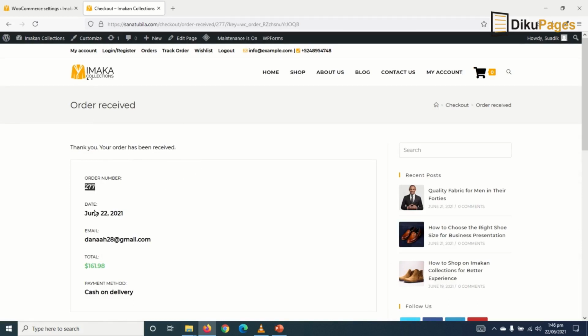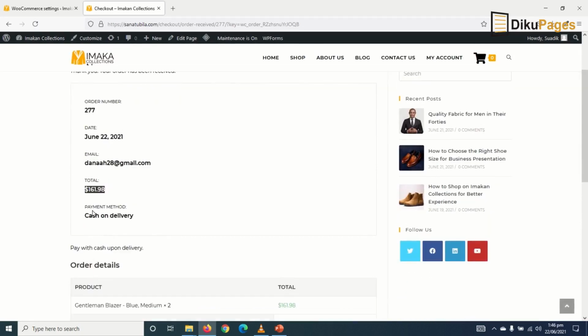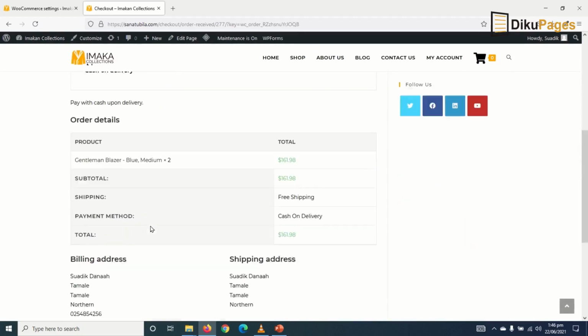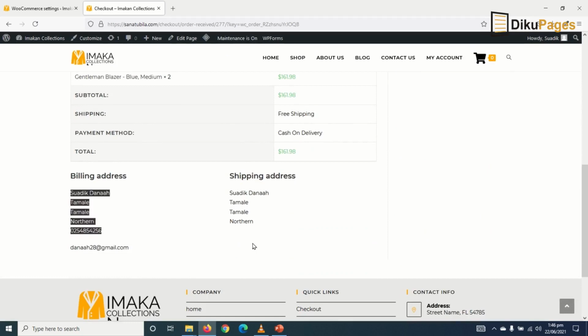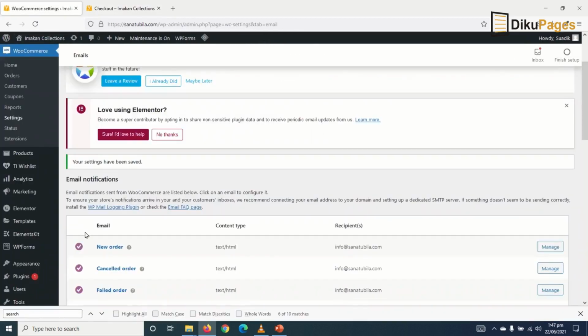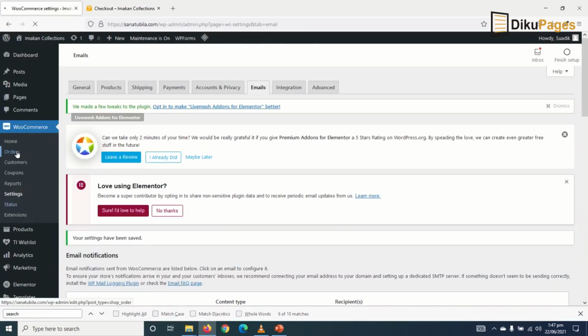And then this is the order number, today's date, my email, the total cost. Then the payment method is cash on delivery. And below here are the details of everything. And this is my shipping address. So this is my billing address, and this is my shipping address. Awesome. Now, as the owner of the e-commerce shop, I go to the back end, then I go to orders,